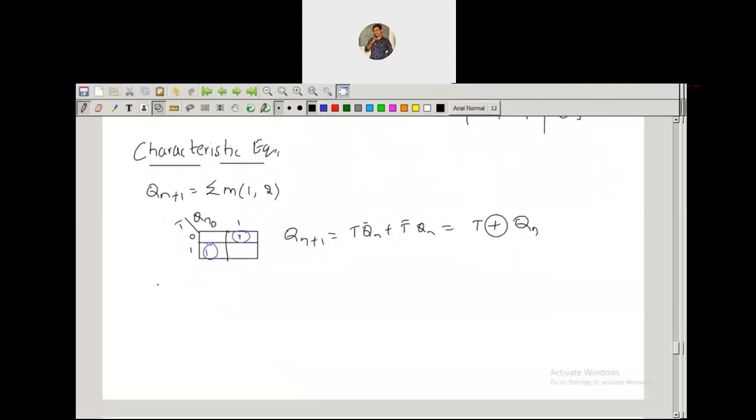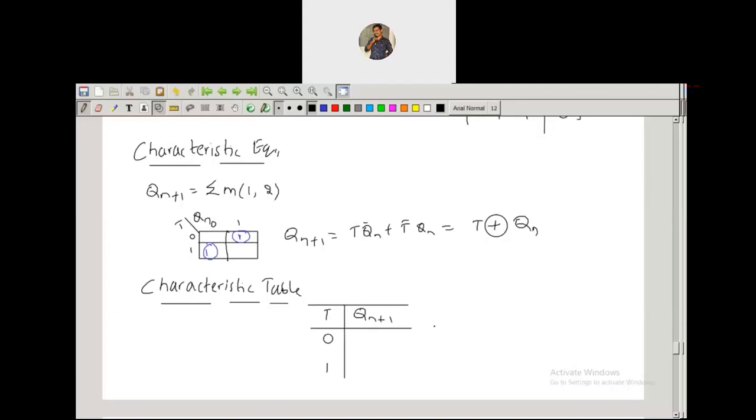You can do cross verification like this in your examination. Let's go for the characteristic table, with T and Qn plus 1.